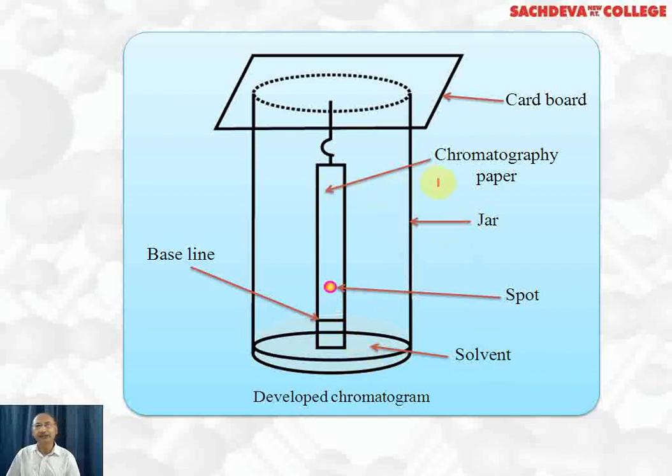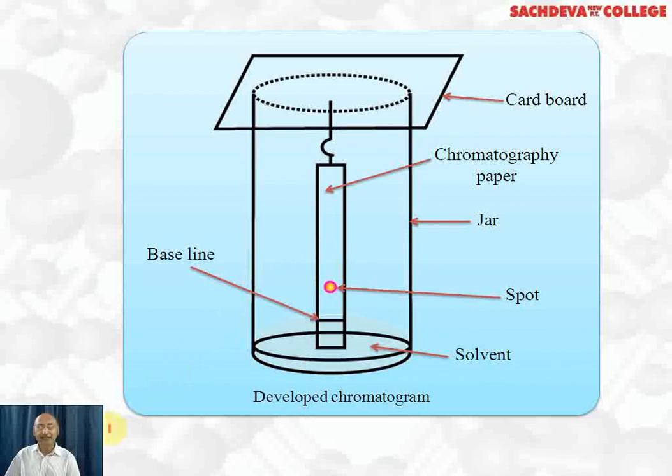Here I was telling you that the stationary phase is the chromatographic paper on which water is adsorbed. So the water adsorbed on the chromatographic paper acts as the stationary phase, and the mixture of solvents which we have taken will act as the mobile phase, and our spot will move in the mobile phase. The solvent will definitely move faster and the spot will move slower. When you find that the spot has moved clearly to a certain distance, we can stop this and we will get the developed chromatogram. And by this technique, we can purify the substance.